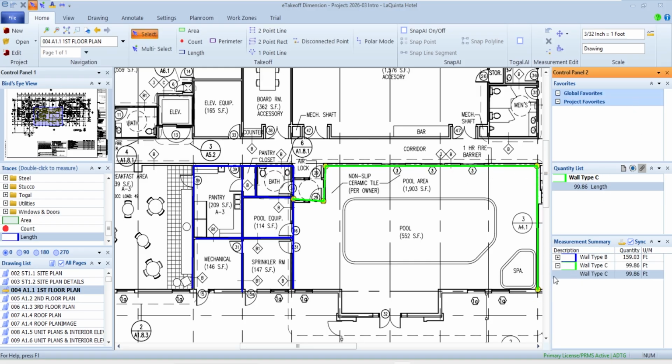So that way, as I'm going through, you could just start to tell, I've got 159 foot of wall type B. I've got 100 foot of wall type C as I'm going through and just doing takeoff. And if I go back and say that maybe I've got some more wall type B to take off and so forth, I might come up and say I want some more disconnected points, and I could come up and start measuring somewhere else, and it'll just kind of keep tallying those together as I need more takeoff.